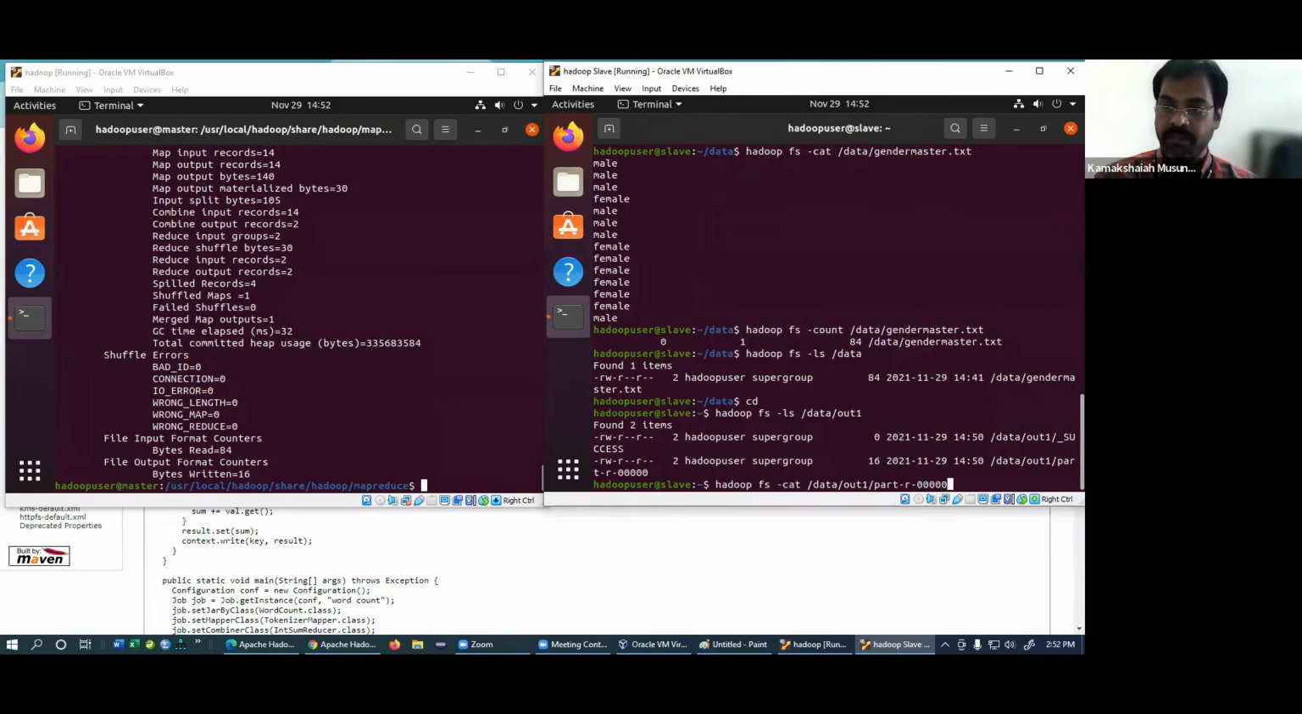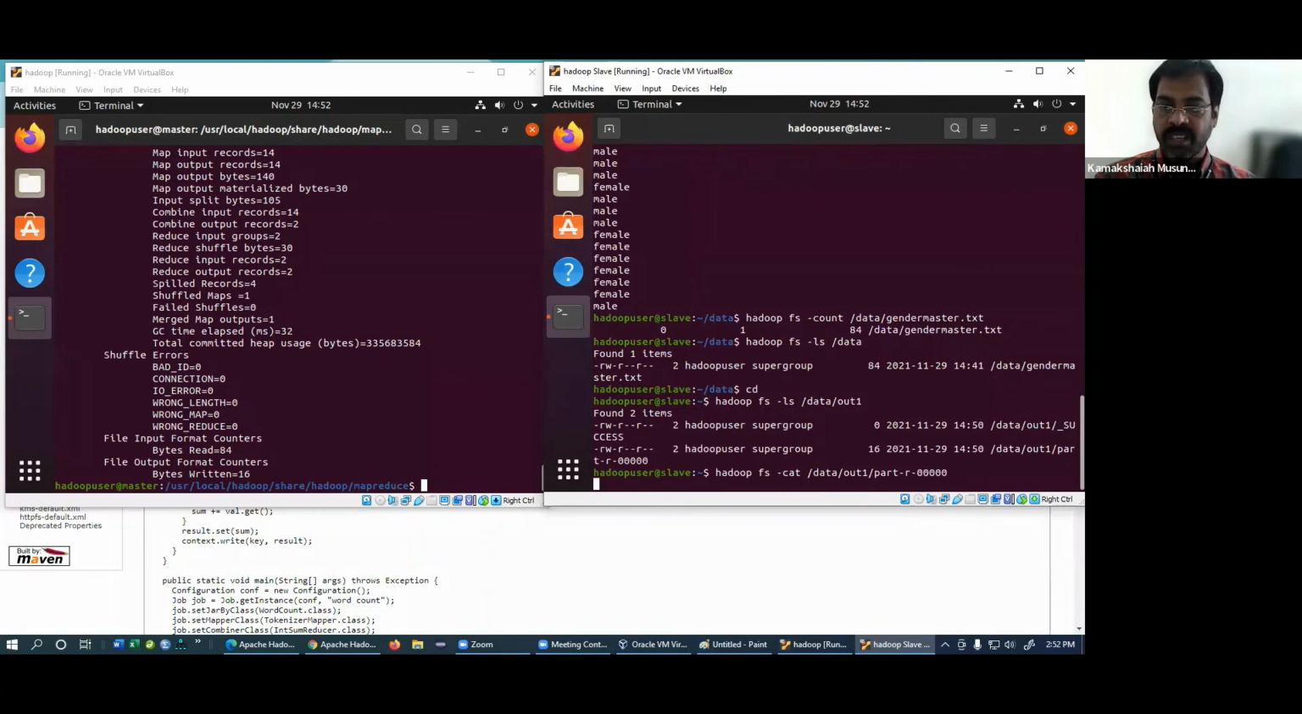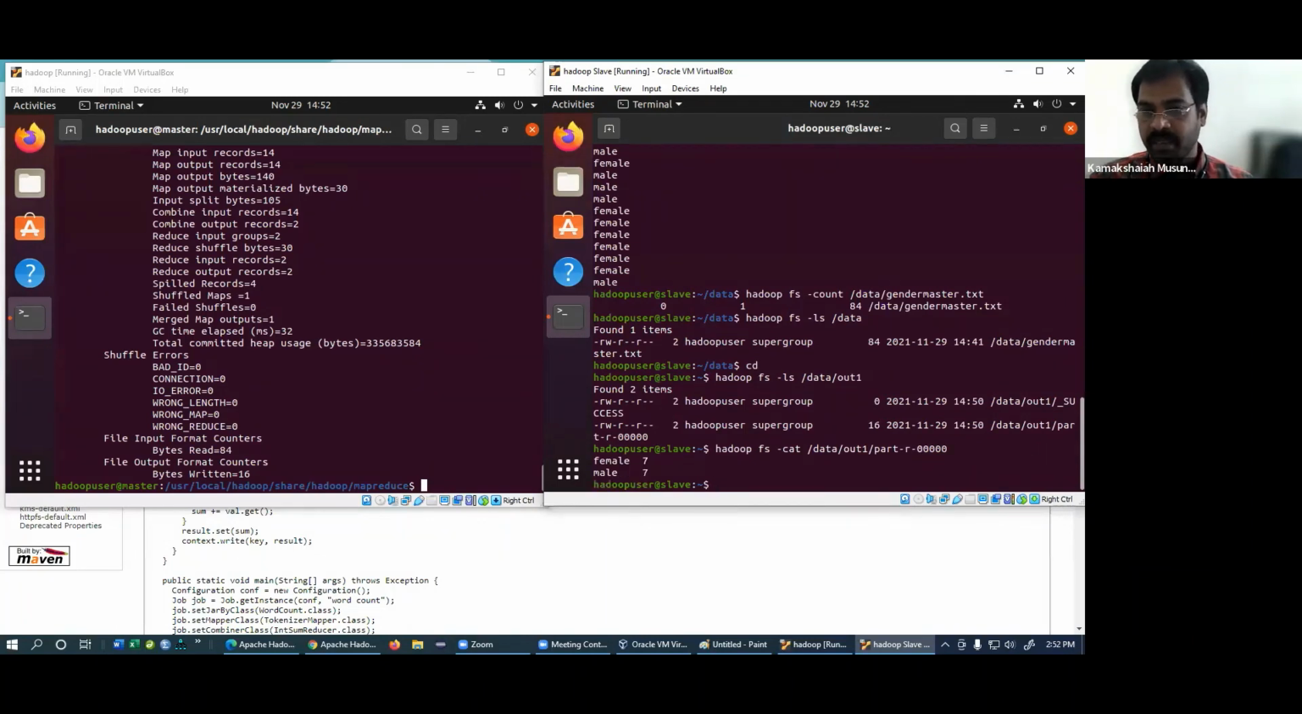Now show me what is there inside that file. There are 7 responses which belong to female. There are 7 responses which belong to male. This is what is called data processing. Okay. So now the